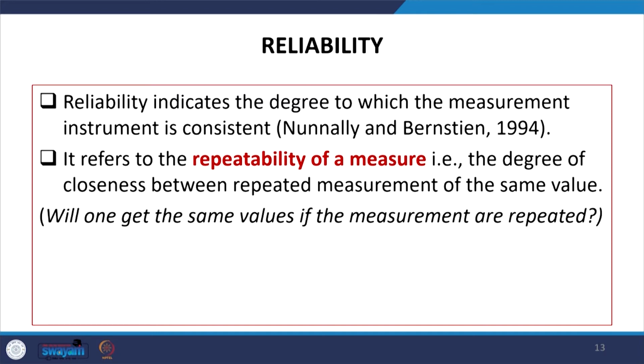Reliability is related to the understanding of consistency, consistency of a result. Reliability indicates the degree to which the measurement instrument is actually consistent. This also refers to the repeatability of the measure. So, if you are repeating the measure,